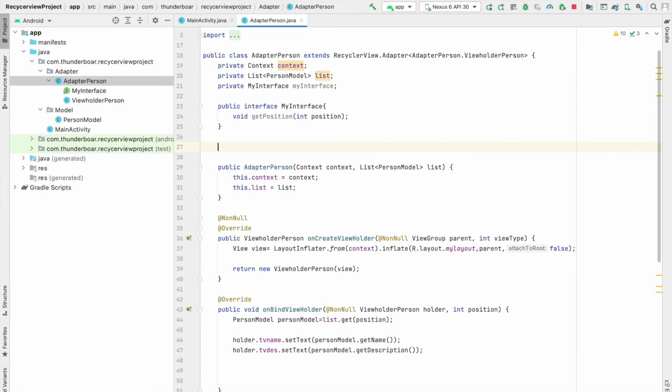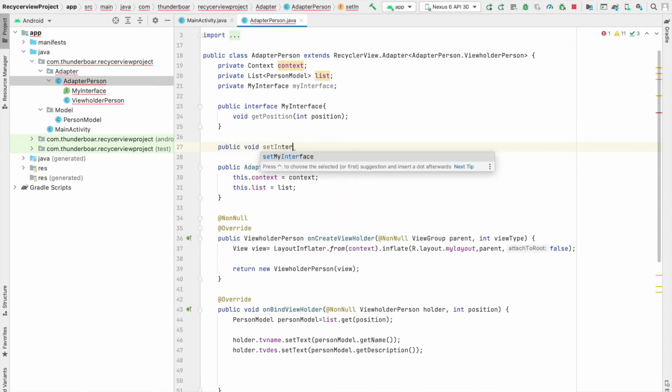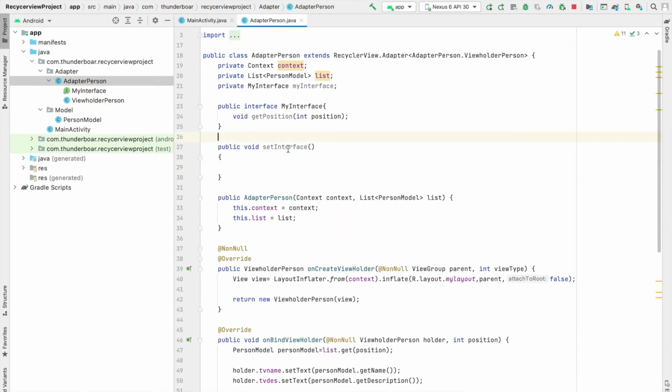Here I'm going to create one set method to equal the interfaces. So I created the method. In the set interface method, I'm going to pass this interface. Then I'm going to equal this interface with this interface.